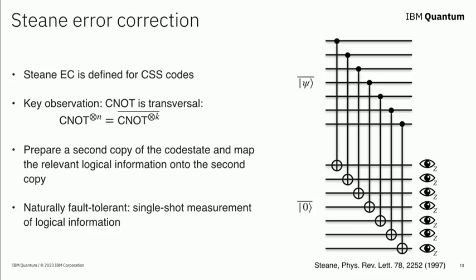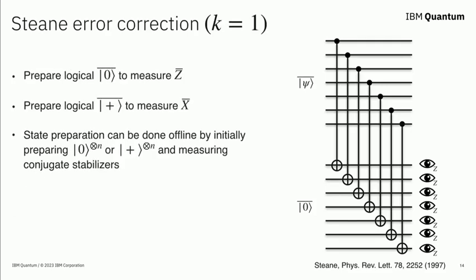So this is really nice. And on top of that, in cases when you have a single logical qubit, typically preparing logical 0 and logical plus is quite easy. What you do is,